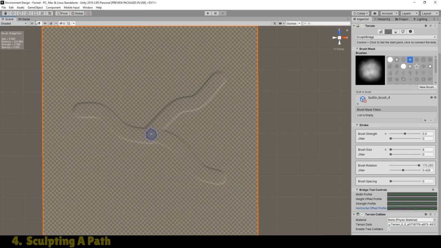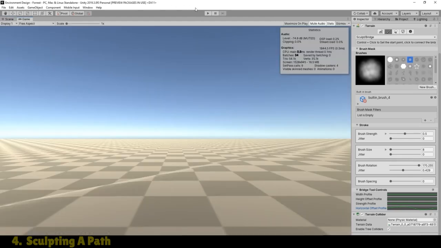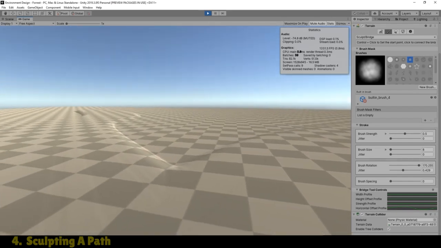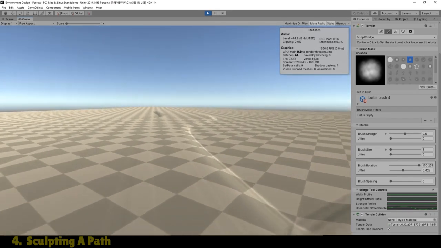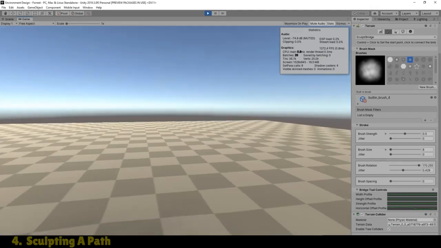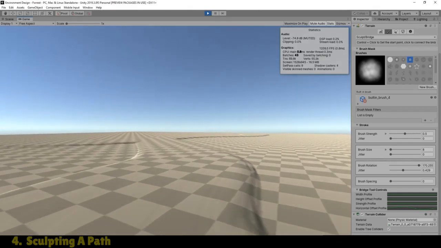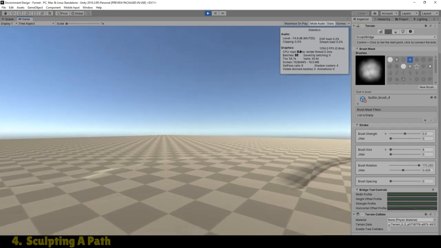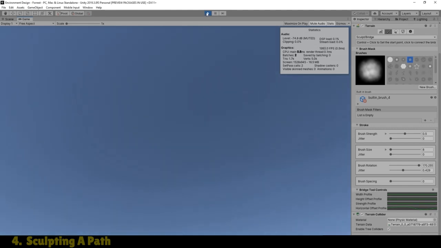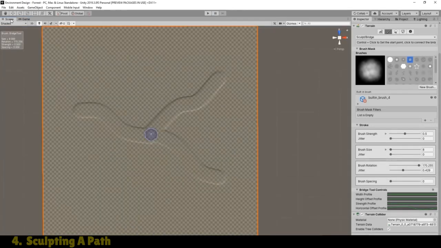Now before I go too far ahead, let me just click over to my game tab, and I want to see what this looks like in the game scene itself. So, okay, it looks like the path has actually been elevated. Okay, I think I set it to 0.2 instead of -0.2. Okay, my mistake. So let me go back to the scene, and I'm going to do edit, undo bridge tool,